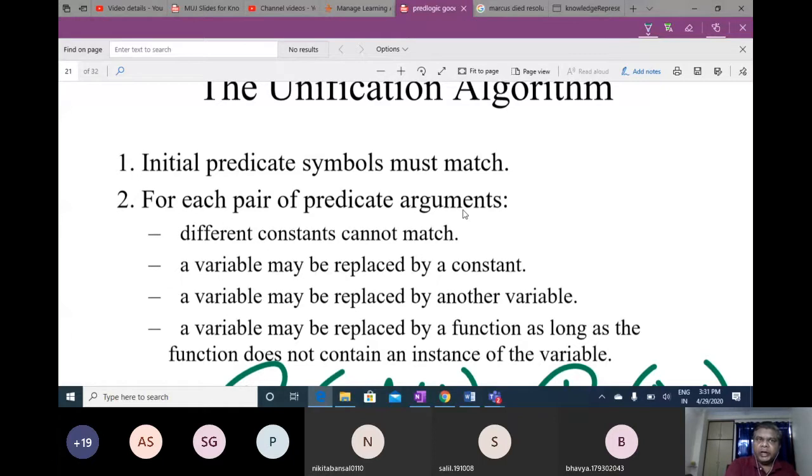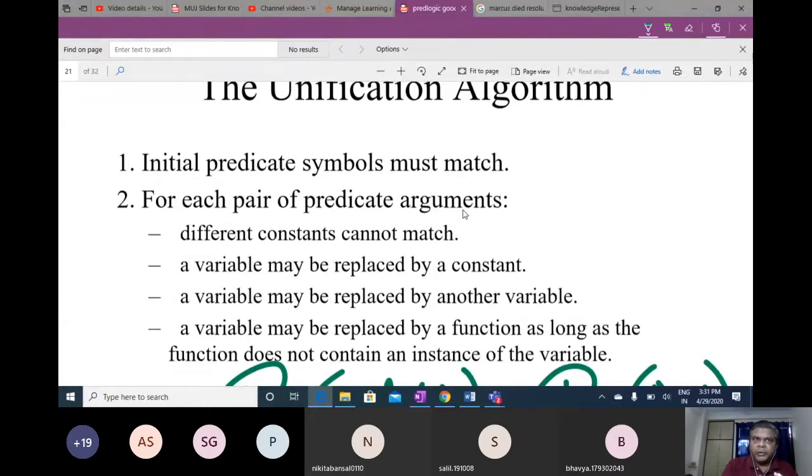If they are constants and they are not the same, we cannot match. If they are constants and they are the same, we can match. If both of them are variables and not the same, we can replace one by the other and match them, depending on our requirement, which variable we need to continue in further substitution. So we have to decide on that basis which one will get replaced by which one. While doing resolution we will get an idea of which one has to be replaced, looking at other terms in our resolution.